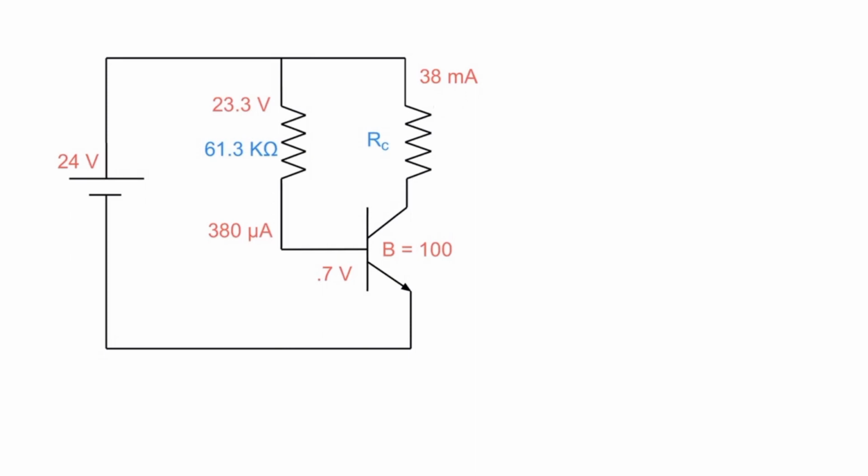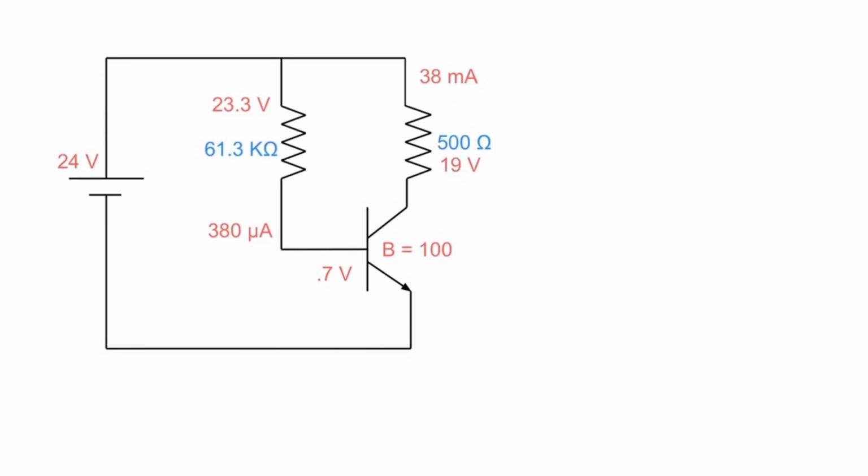Now that we have the current on the collector side, we're getting closer to the end. We need to figure out what the volt drop will be across the collector resistor. Well, in order for us to do that, we need to have a resistance. Because we have a current, we need to take the current times the resistance, again using Ohm's law, to figure out what the volt drop is across this resistor. So let's try that out. We are going to give it the value 500 ohms. So I've got 38 milliamps running across a 500 ohm resistor. That gives me a voltage of